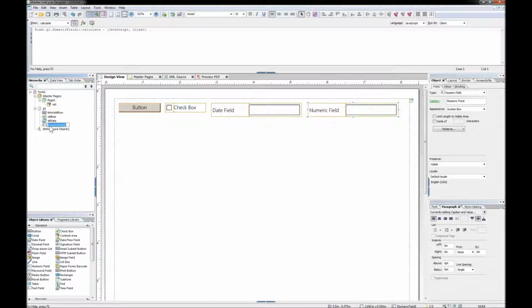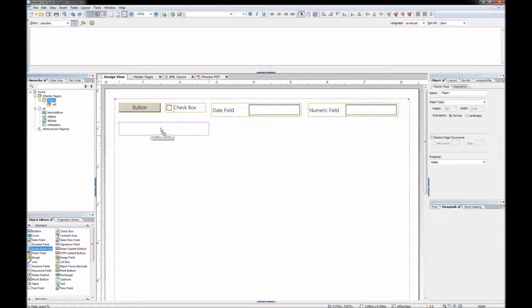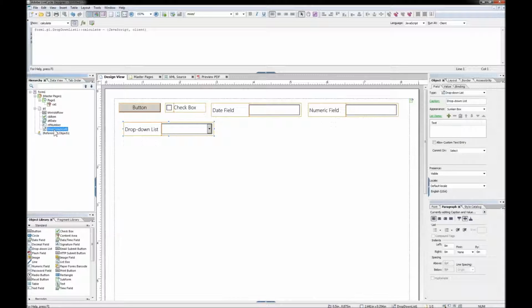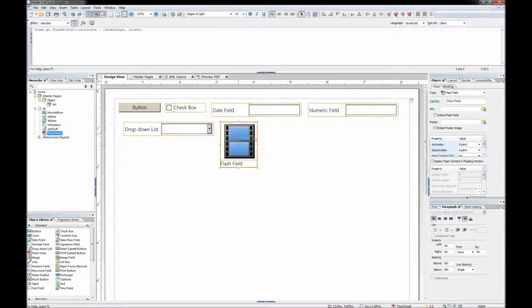And we'll say number. I guess what that would have been. Let's see, drop down lists. And drop down list, obviously DDL stuff. Buttons are the same. Flash fields, not that we have any flashes we're adding in here yet, but if we did, FF,